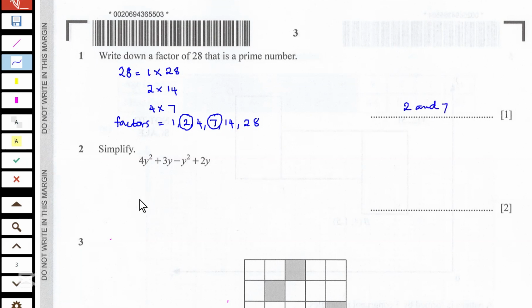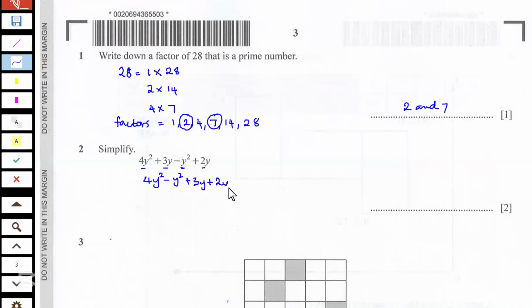Question 2, simplify 4y squared plus 3y minus y squared plus 2y. Okay, we can start by rearranging the expression, grouping the like terms, and here we've got 4y squared and y squared as like terms, and also 3y plus 2y are also like terms. So let's start with 4y squared. 4y squared minus y squared plus 3y